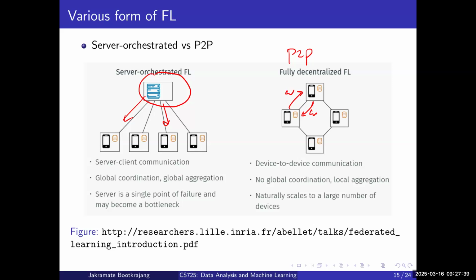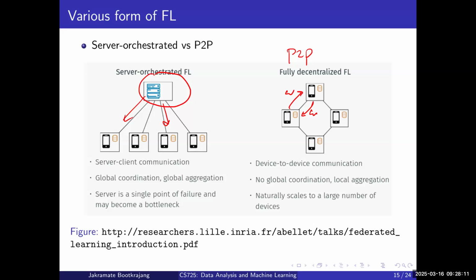And because there's no centralized server, each device will always have a different weight. Because if two devices never met each other before, the exchange that they have would never have occurred before. So they would not have the same weight, right? So in the fully decentralized setup,